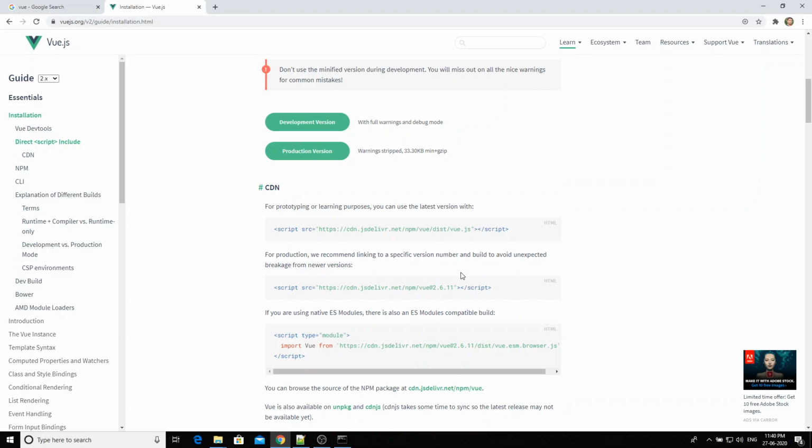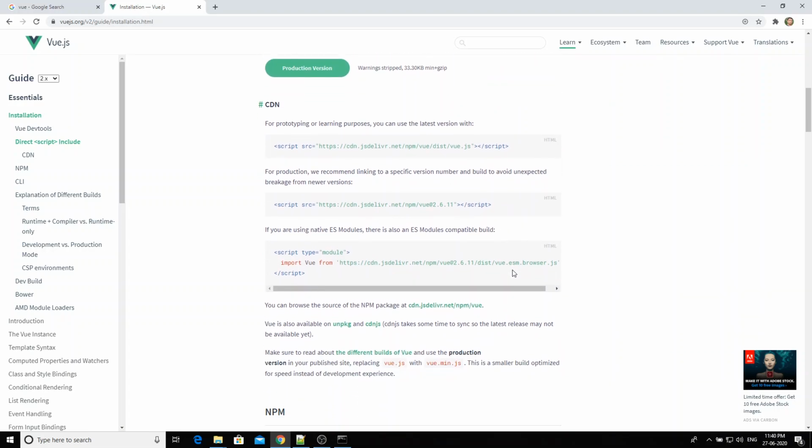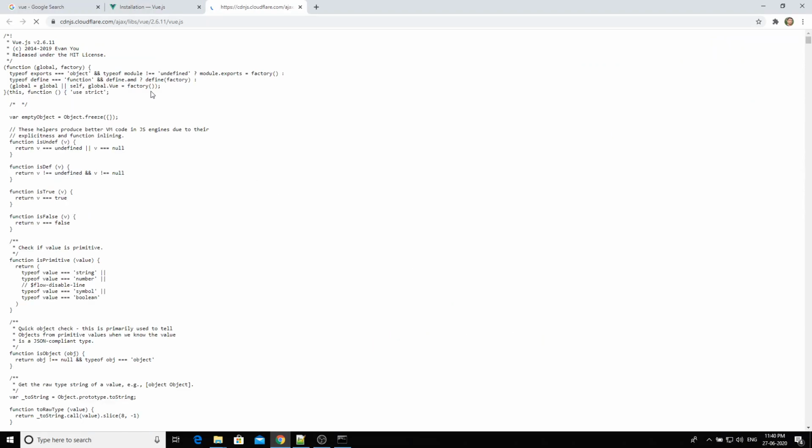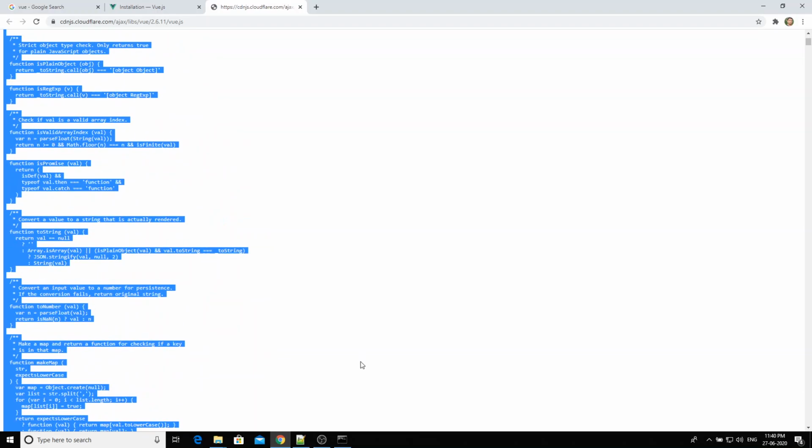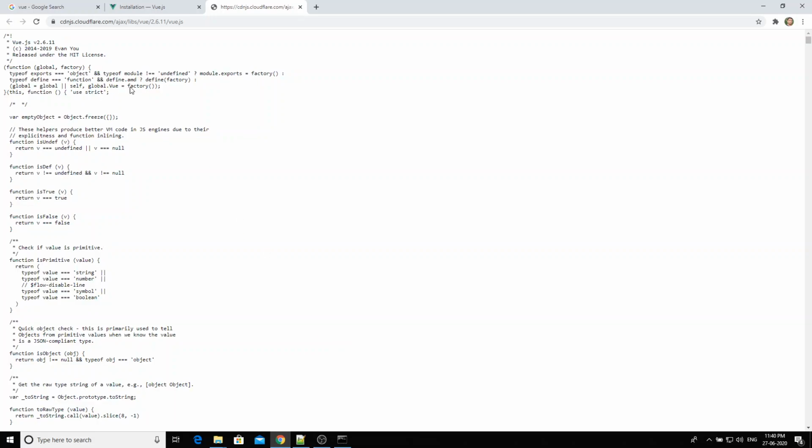We will install using CDN only. Vue.js is also available on unpkg and cdn.js. Let's open this cdn.js. Here you are able to see the Vue.js code. At the time of the recording, the version number of Vue.js is 2.6.11.